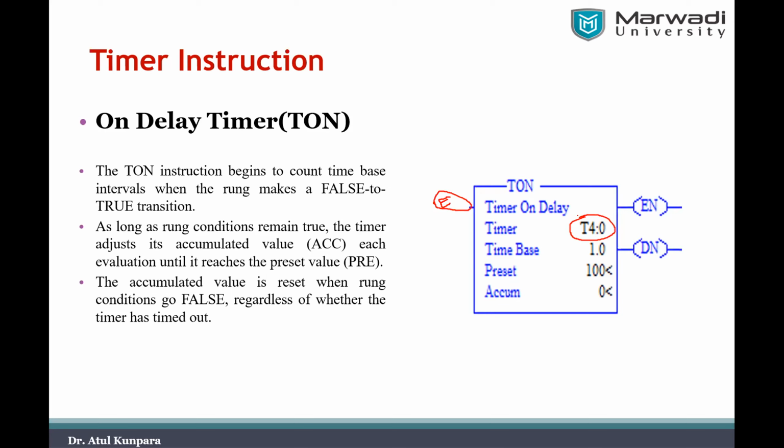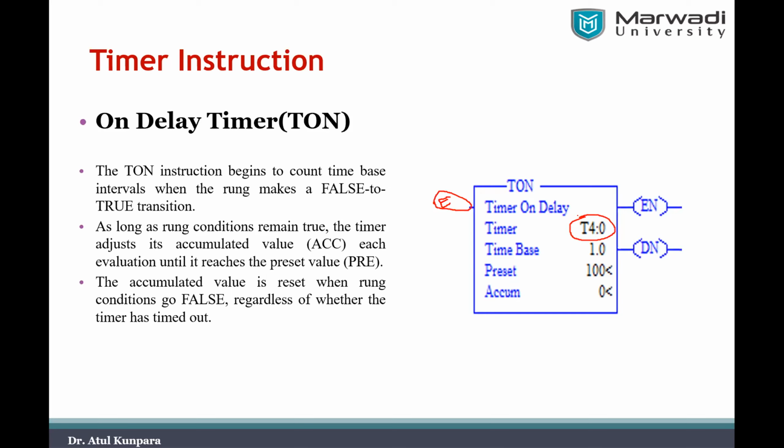Here T4 stands for the fourth number timer file, fourth number data file. Right, in the data file or memory organization, in the previous lessons, we have discussed that there are various data files there. Among those, this is there also, the timer file, then counter files. These are the data files already there in the memory organization, where that location is going to be utilized for storing values like the timer timing value or accumulator value, or you may say the done bit condition or enable bit condition. So for that, the location is going to be utilized by your timer on delay.